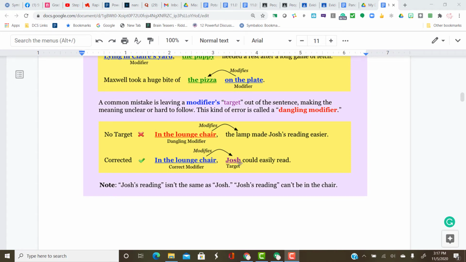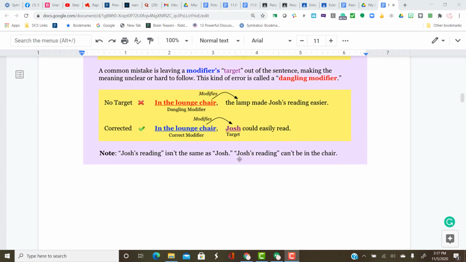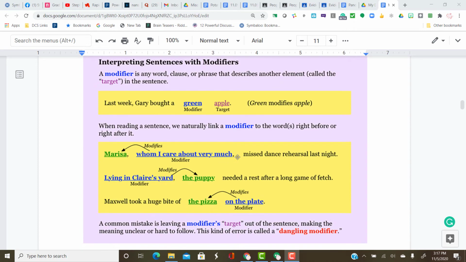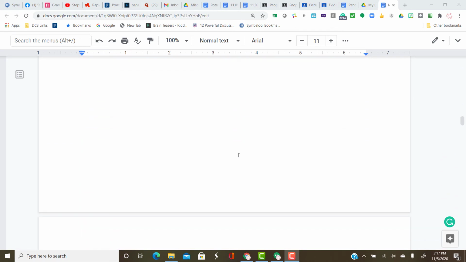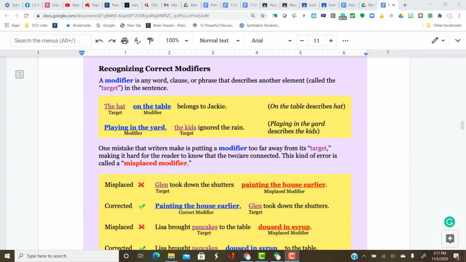In the lounge chair, Josh could easily read. Now in the lounge chair is modifying Josh, which was not in the sentence earlier. So Josh is both in the sentence as a noun, and the prepositional phrase modifier is right next to its target. This is a prepositional phrase, by the way. In is the preposition, chair is its object. All right, slide 6 doesn't introduce any new information. Slide 7 doesn't introduce any new information. Slide 8